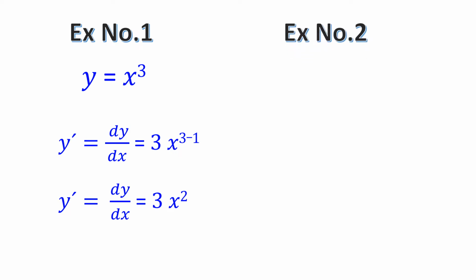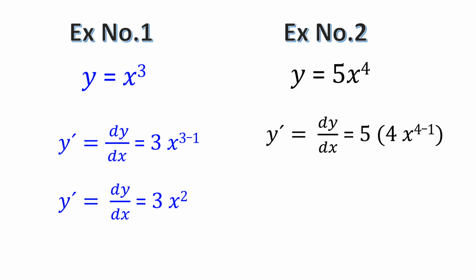Now let's see example number 2. In this example we have y is equal to 5x raised to power 4. 5 will remain same here, and with x power 4 we will do the same thing what we did in example number 1. So we will write the number in the beginning, that is 4, and we will reduce 1